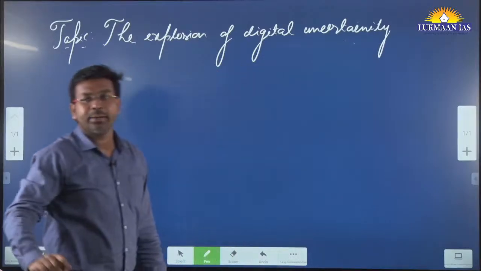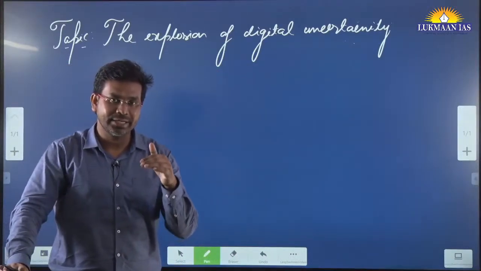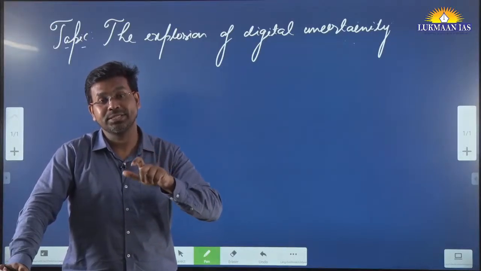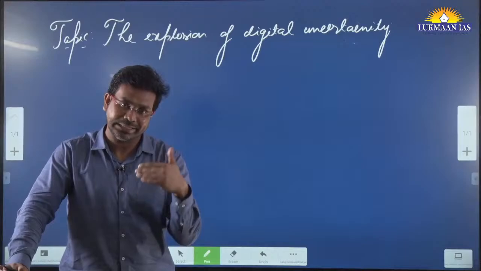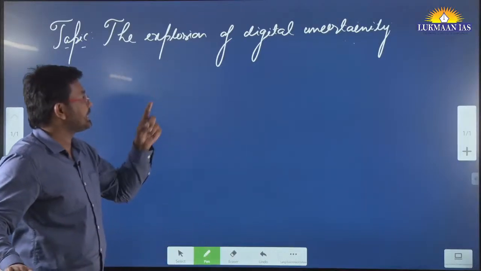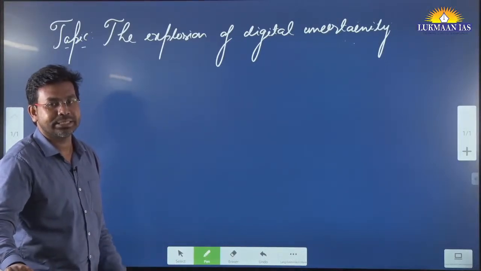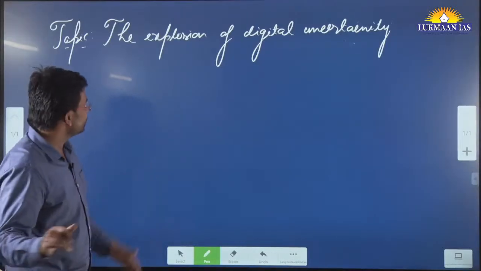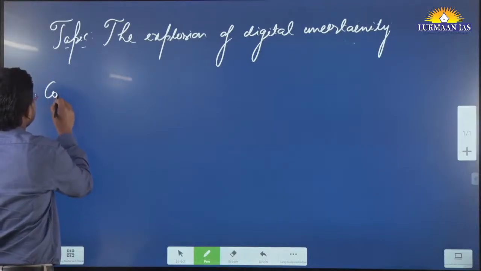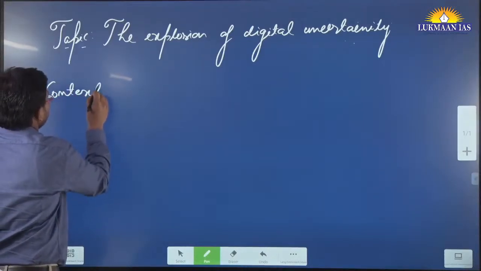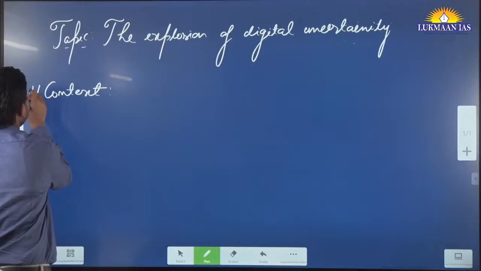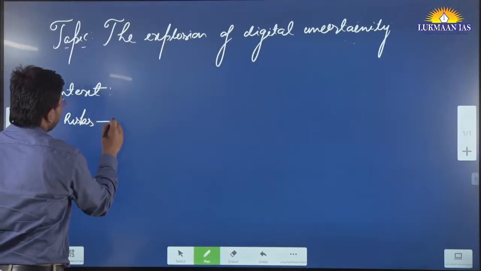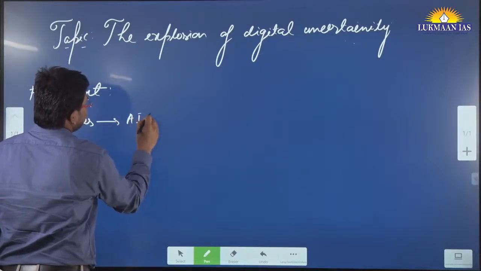Now, they have talked about how digital uncertainty is increasing. It is not just increasing, it is increasing at an explosive rate. I mean, it is increasing very fast. The risk associated with digital platforms or digital systems is increasing. Particularly in this article, they have talked about the risks that are posed by artificial intelligence.